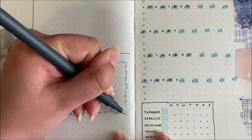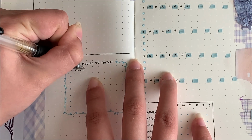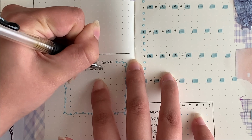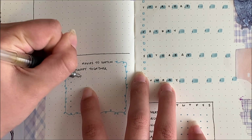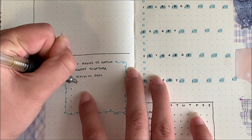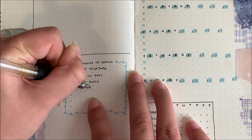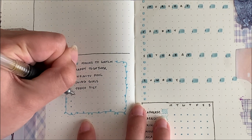But these are my movies to watch for this week. I have Happy Together. Infinity Pool actually came out recently, so I've been wanting to see that. Swing Girls is something that I've been hearing really good things about, as well as Tokyo Fist. I've also really been wanting to watch Possession because I love giallo films, and I know that that's like giallo